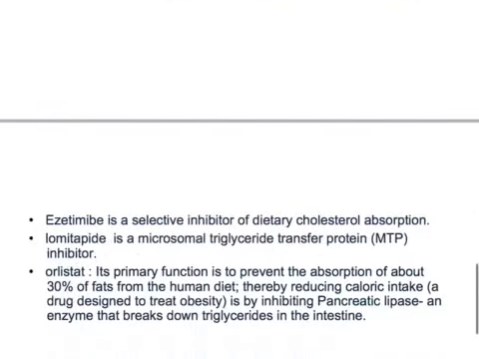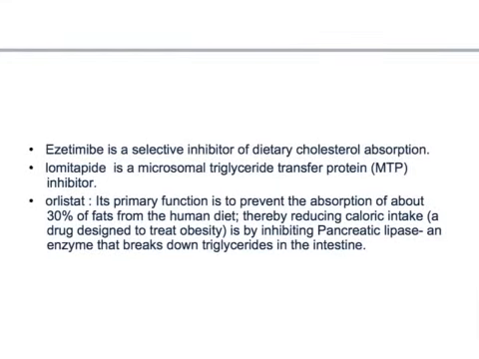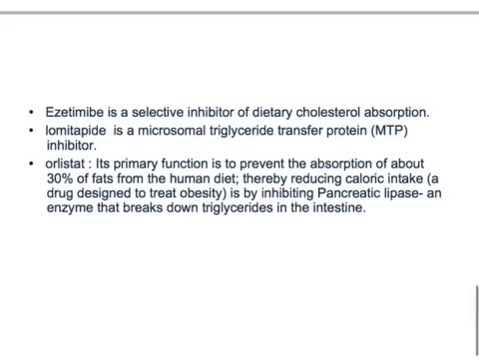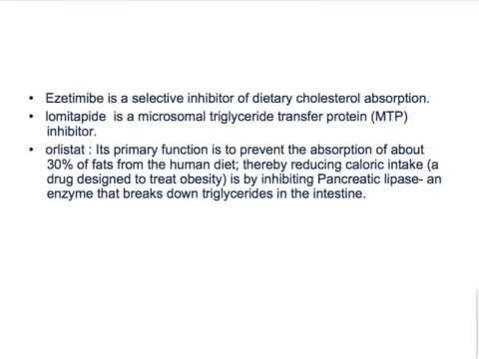Ezetimibe is a selective inhibitor of dietary cholesterol absorption. Lomitapide is a microsomal triglyceride transfer protein inhibitor. Orlistat's primary function is to prevent absorption of about 30% of the fat from the human diet, thereby reducing caloric intake, by inhibiting pancreatic lipase, an enzyme that breaks down triglycerides in the intestine. These are the important points about the classification of